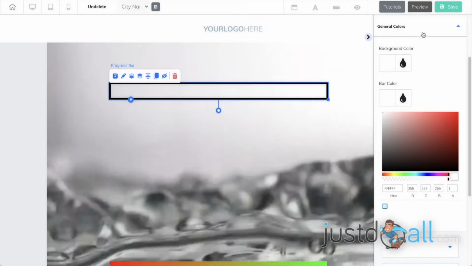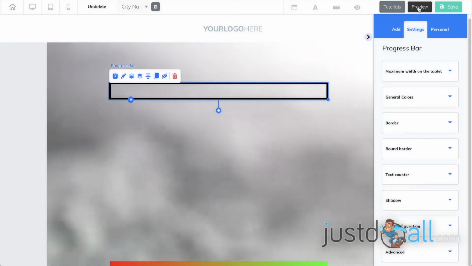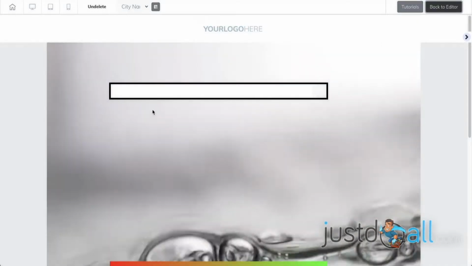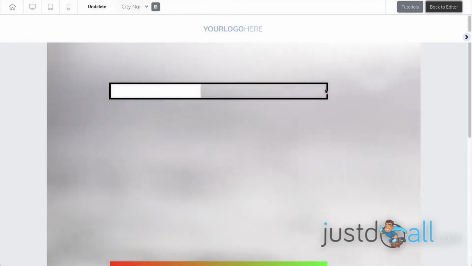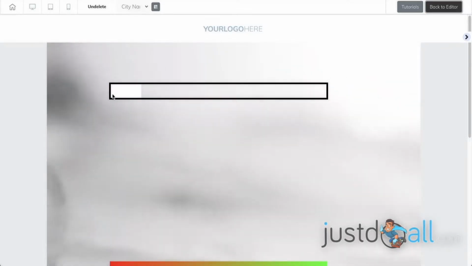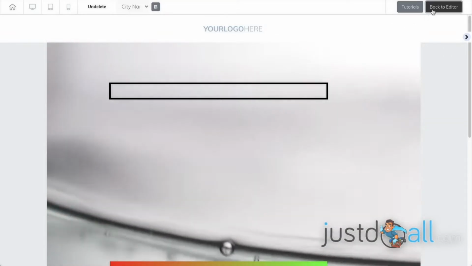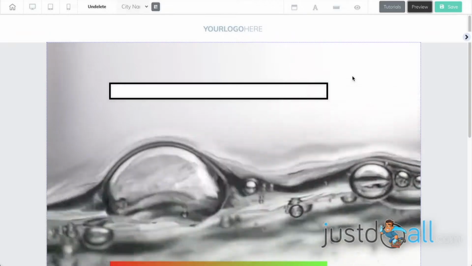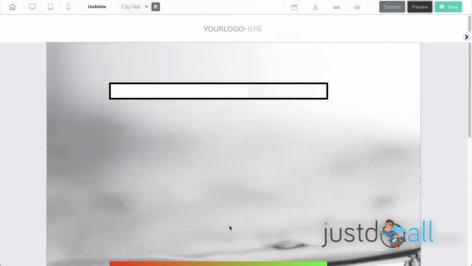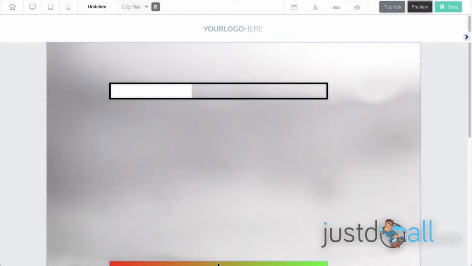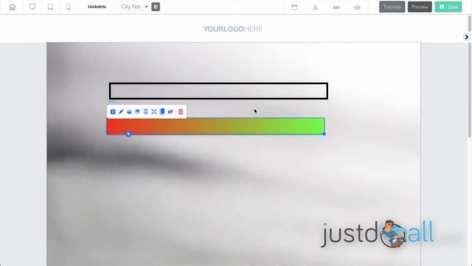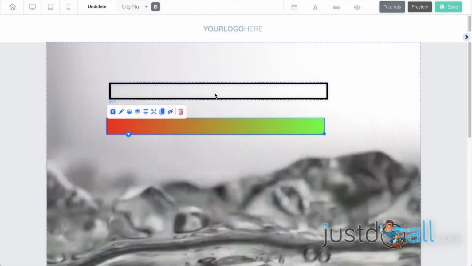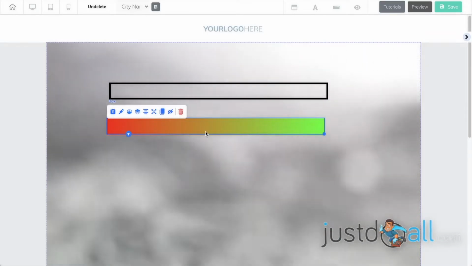And what it does at the moment, if I click on preview, you will see it goes down. Maybe we don't see it very well, but it goes down from 100 to 0. And what we want to do is to make a progress bar with a gradient. For this, you can take an image, so you control exactly with the image. You do this format, about the same size as the progress bar, and you can do a better gradient.